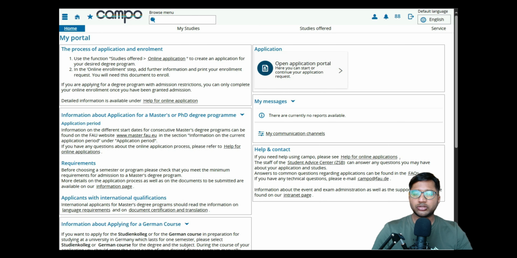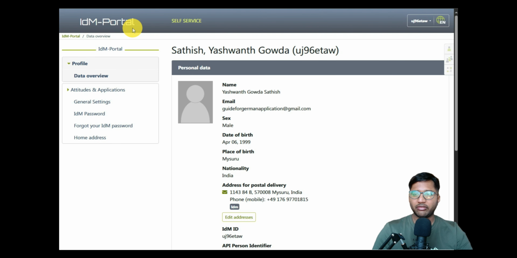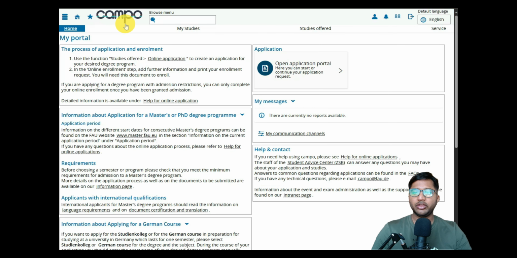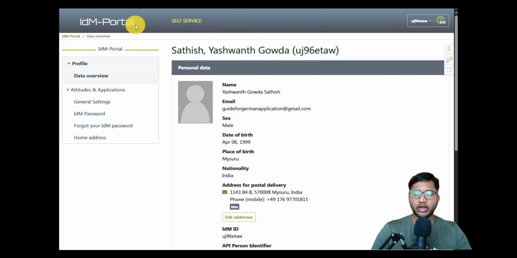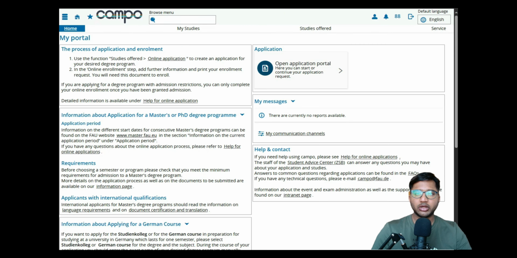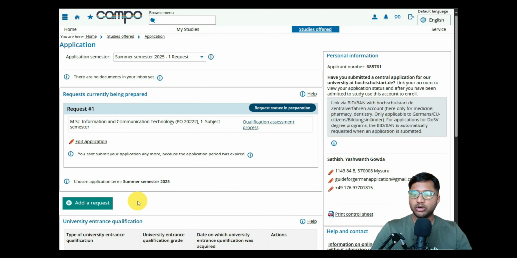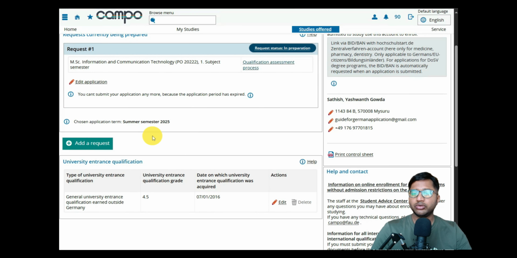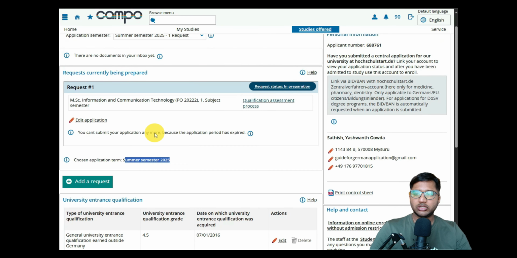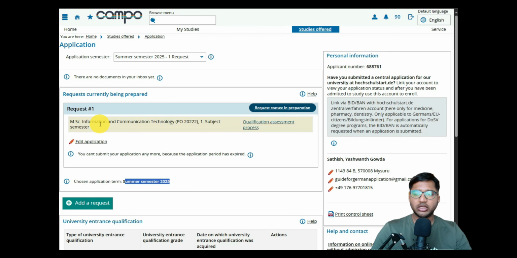In the last video, we also saw how to register for the IDM portal. After registering for the IDM portal, we use the same registration user ID and password, and I used it in the Campo portal. This is how it looks once you're logged in. Then you can click on open application portal. Once you click on it, it will show the application portals that you have used, for summer semester 2025. This is the video that we made for MSc in Information and Communication Technology for summer semester,